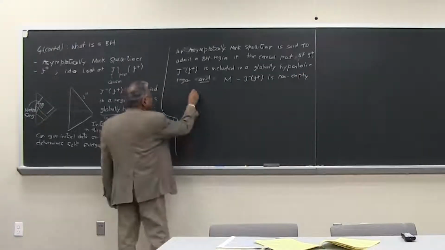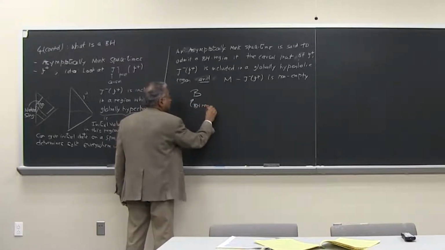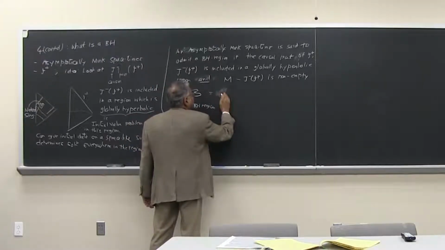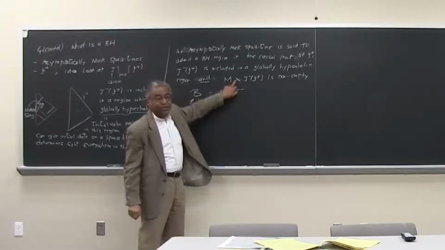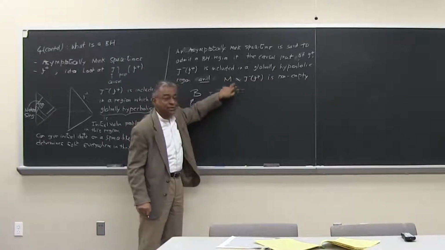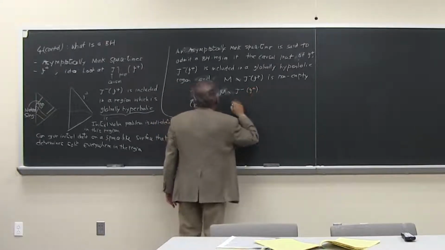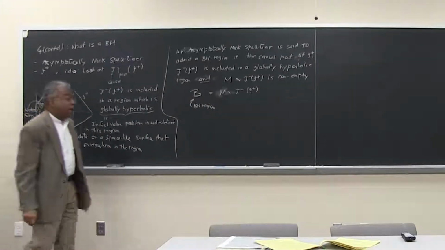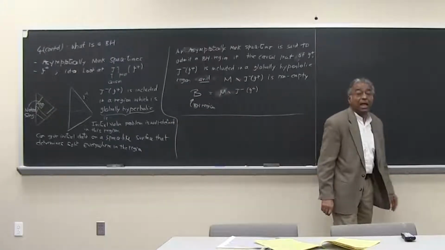And then the black hole region B is exactly this. The backslash just means minus. It means all points which are in M, but not included here. So this is the set minus. This is the black hole region. So the black hole region is just defined to be M minus J minus of scri plus. So now, this is our general definition of a black hole.